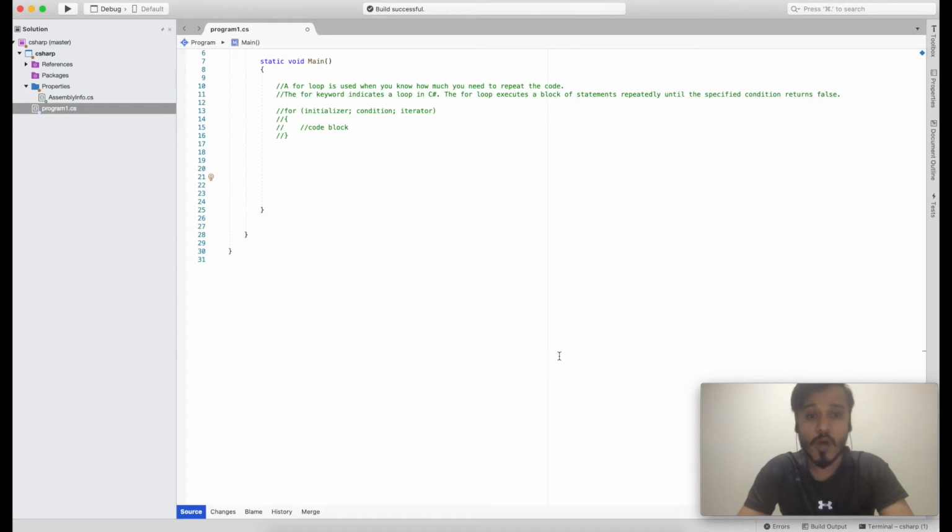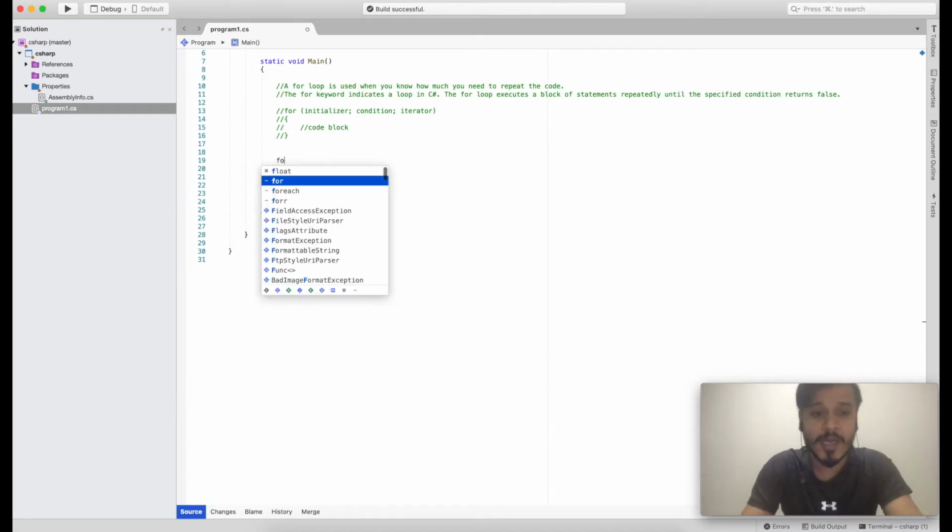Now that we know how we can write a for loop, let us try writing one nested for loop. A nested for loop is similar to a for loop, but instead of having a single for loop, we are using multiple for loops, like two for loops. I want to write a nested for loop.